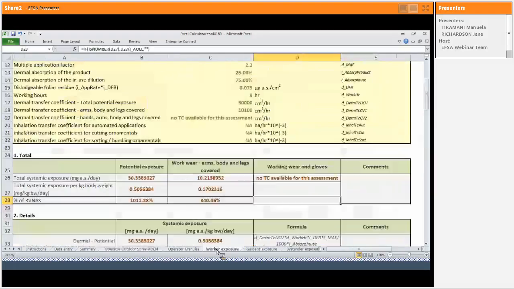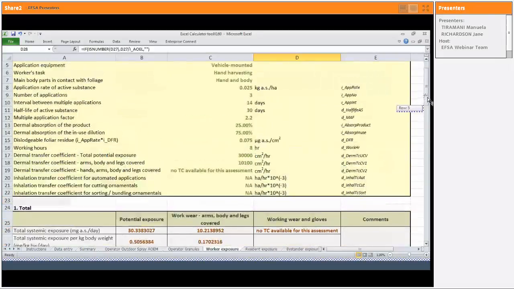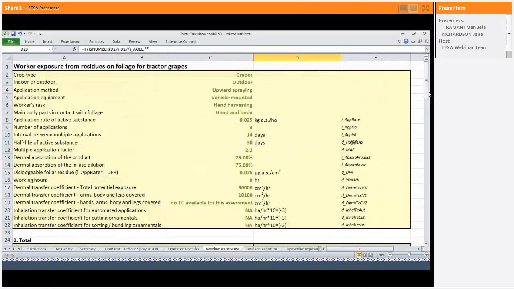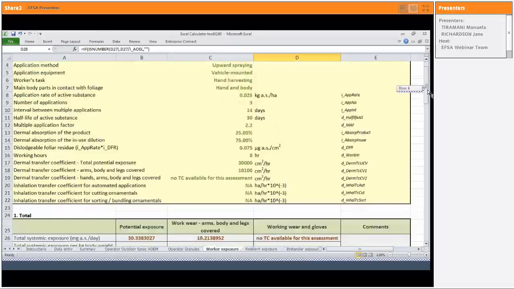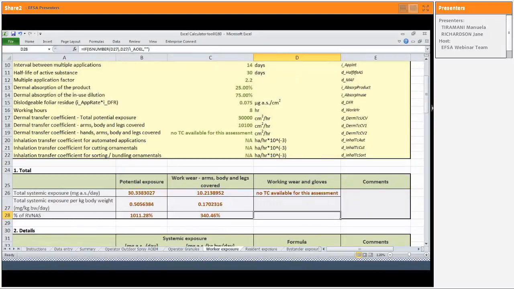But if we take a look at the worker, we see that we have a potential problem here. And this is because we do still have some missing data. So these values came from the EPA, I think, if I'm correct. Yeah, you are. They have values for potential exposure with arms, legs, and body covered, but I don't think they had data to. Yeah, I think for grapes, which is a relevant scenario in Europe, and also in terms of the level of exposure,